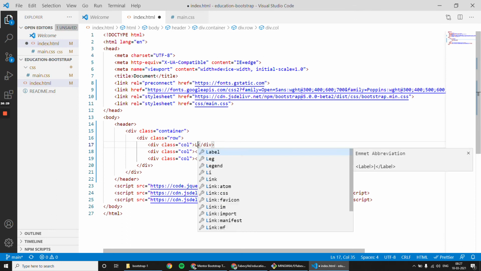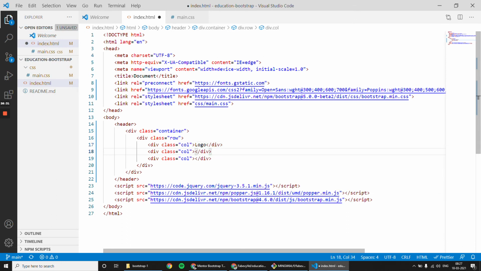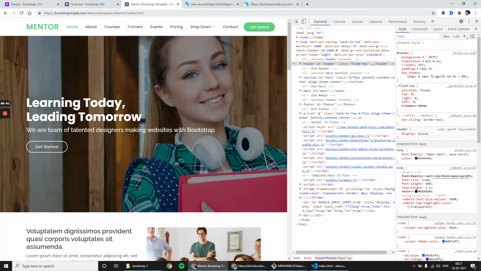Let me type something. Logo, navigation, and then CTA. Because on a large screen, logo is first, navigation is second, and the get started button is last.